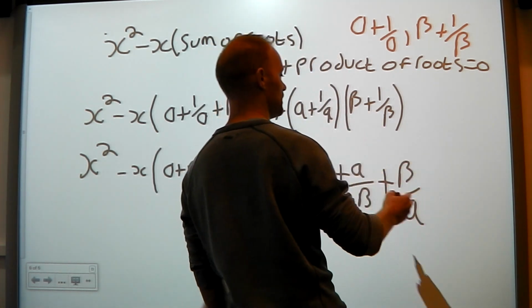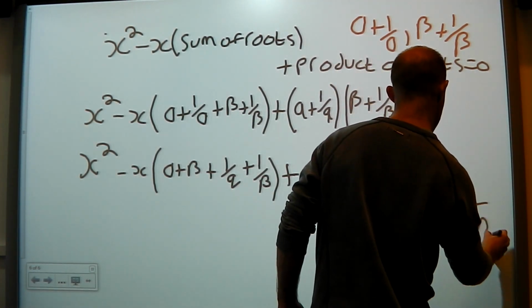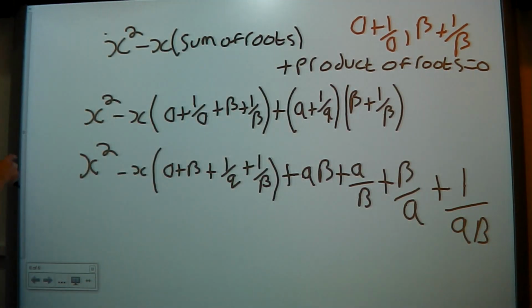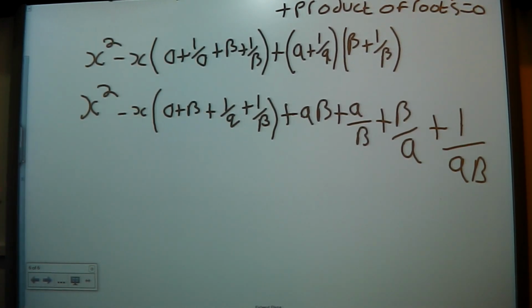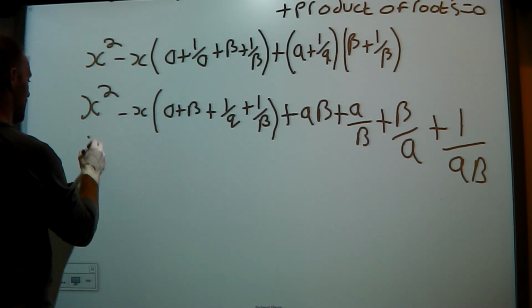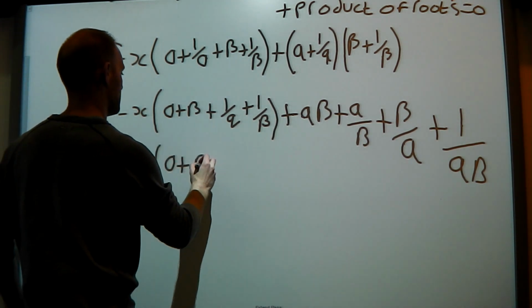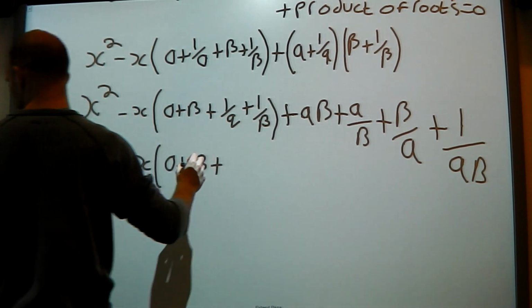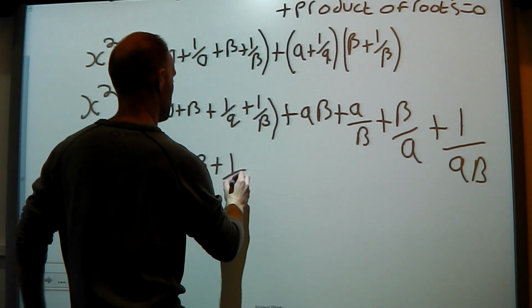And this is 1 over alpha beta. Let's move this down. So that's equal to x squared minus x times alpha plus beta plus 1 over alpha beta,